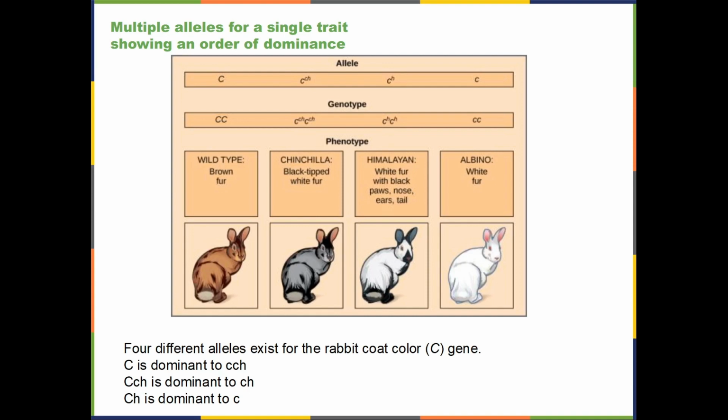And chinchilla is dominant to Himalayan, which we call CH. And then CH is dominant to little c, which is the albino, which is white fur. And so they have kind of this cascading dominance, and that creates a very complex pattern of phenotypes for crosses in these